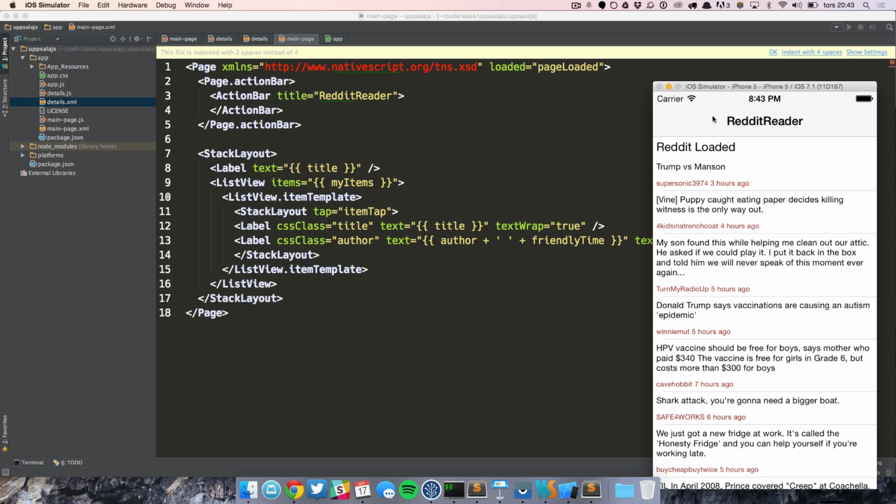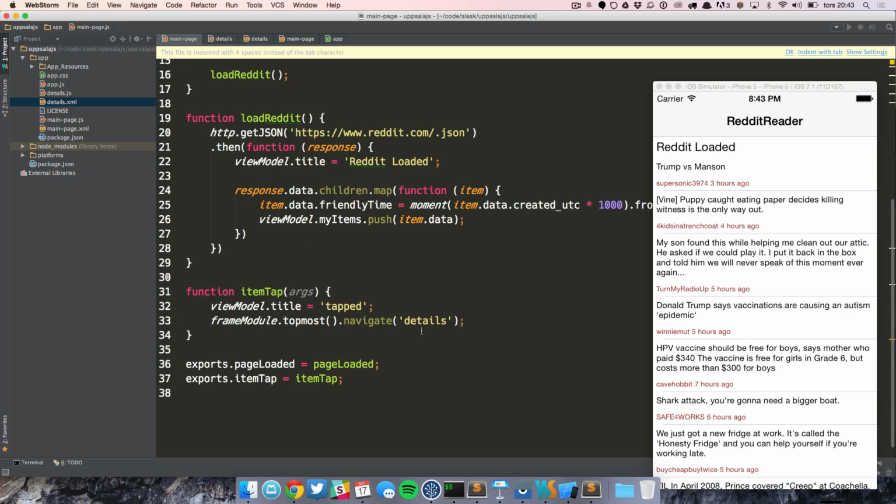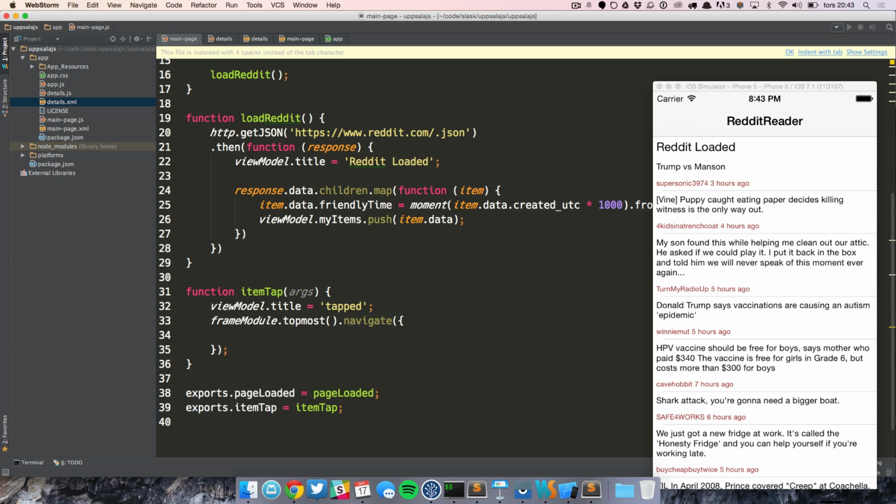All right, but now we need to transfer some data between these views, right? So when I click this, I want the second view to know that I clicked this view. This is the one I'm going to show. And this is done via the navigation context. So you have a binding context, and you can do a navigation context. And the way you can do this is that instead of just passing in the name of the view, you can pass in an object with module name details, and the context